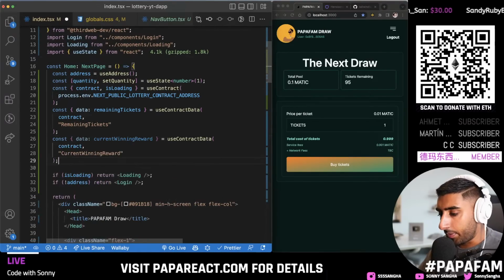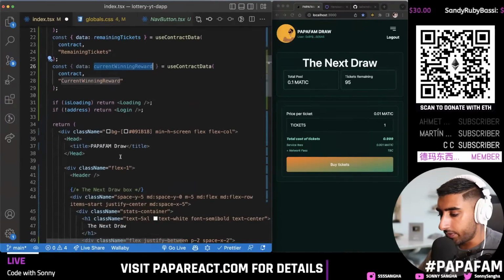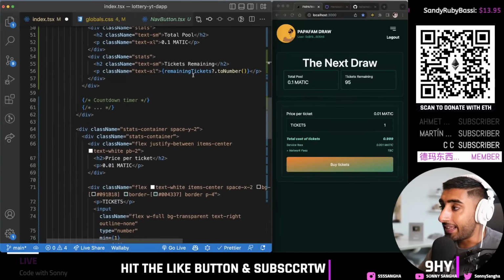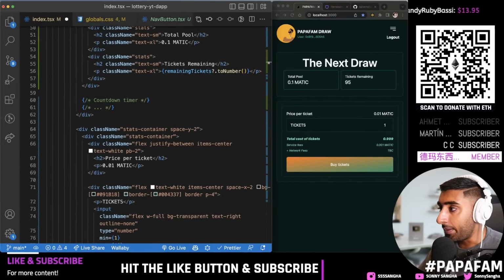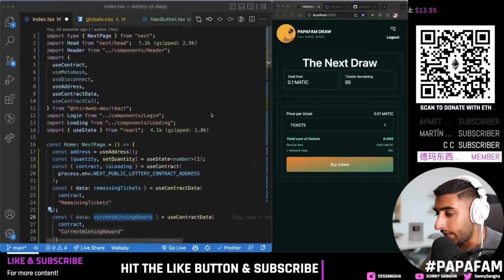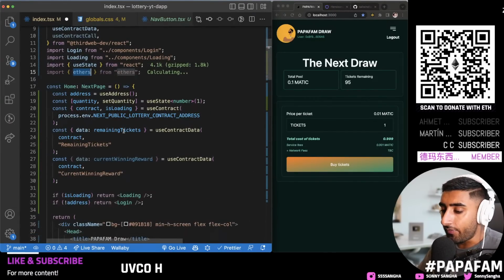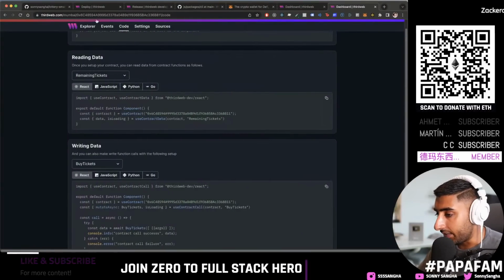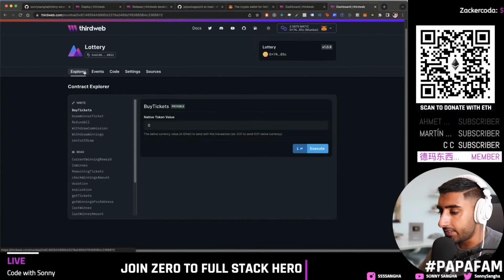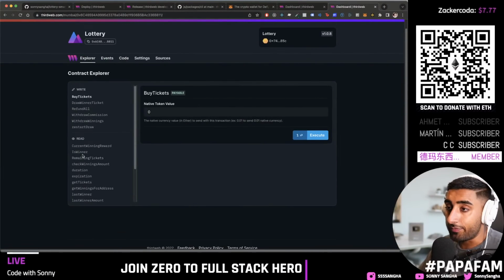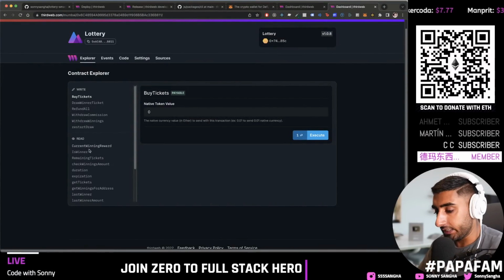So I'm going to pop this in. This one's called the current winning reward function, so we're reading that value. Now this one's interesting, guys. I'm going to use something from the ethers library, which we installed earlier. Whenever we read the current winnings or any of that kind of stuff, what tends to happen is it gives it back in a format known as Wei or Gwei, which is like a sub-currency for